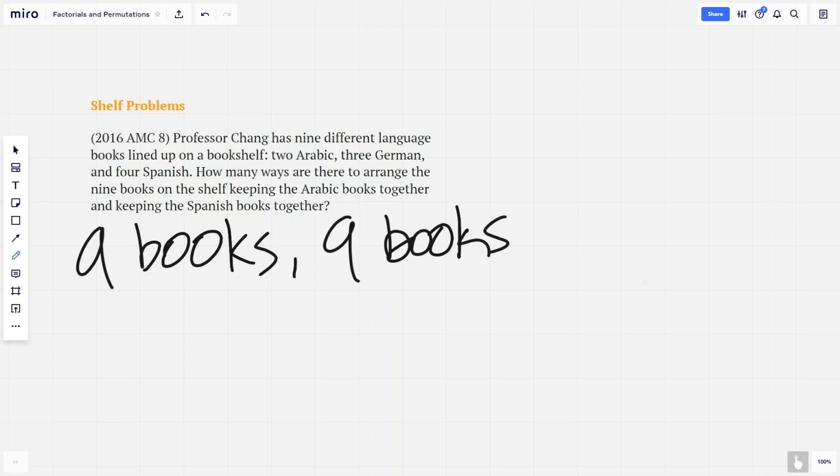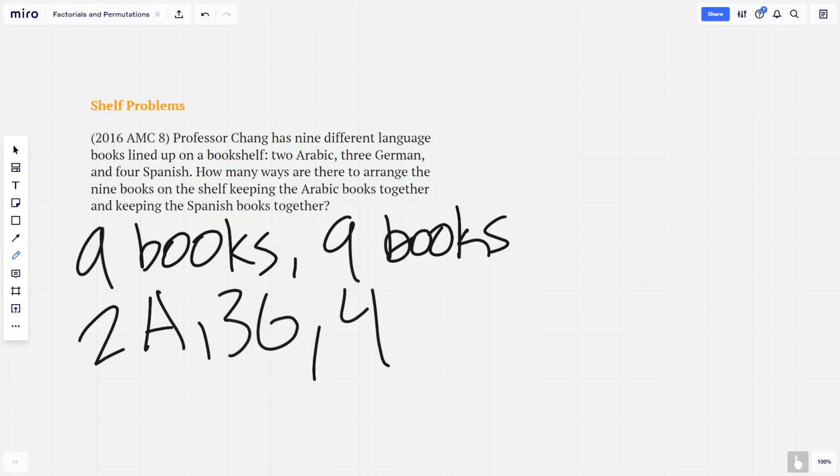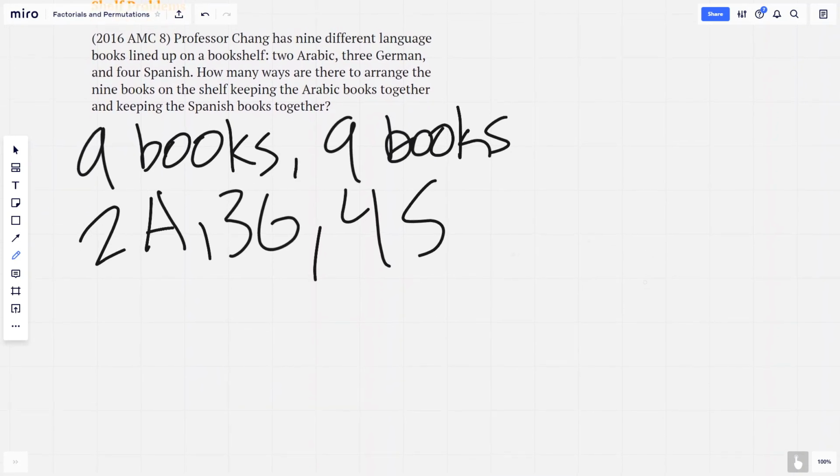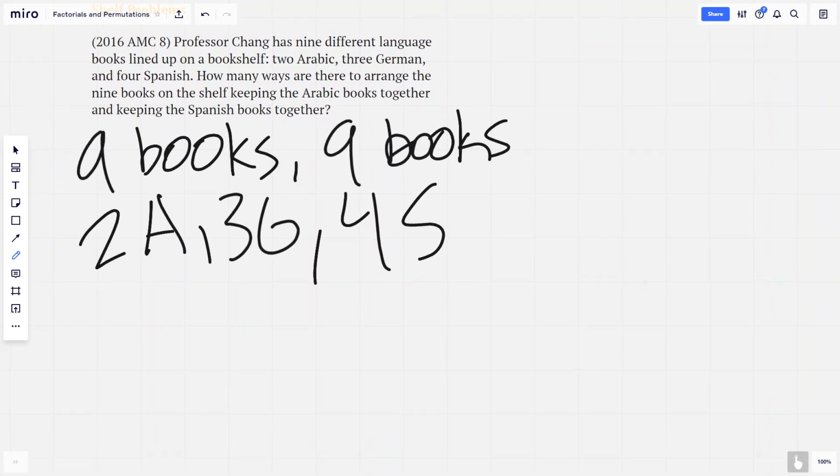The issue here is that we have multiple copies, 2 Arabic, 3 German, and 4 Spanish. So we have to take that into account. And you might be thinking that we simply just divide by 4 factorial, 3 factorial, and 2 factorial like we did in the previous problem. However, the issue here is that the books are fundamentally different. You can tell 2 Spanish books apart from each other, but you can't tell 2 letters apart from each other